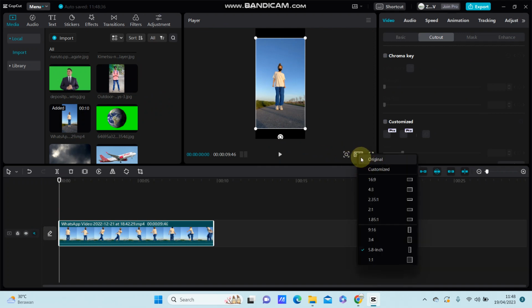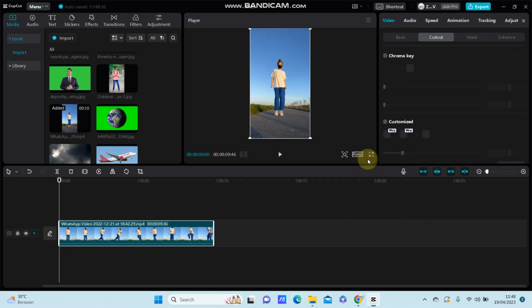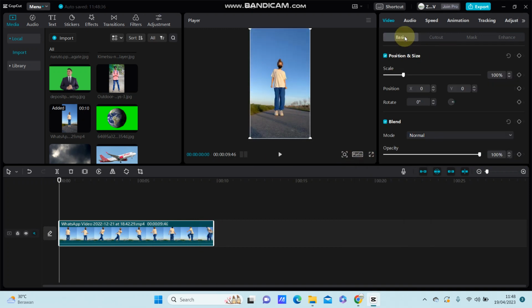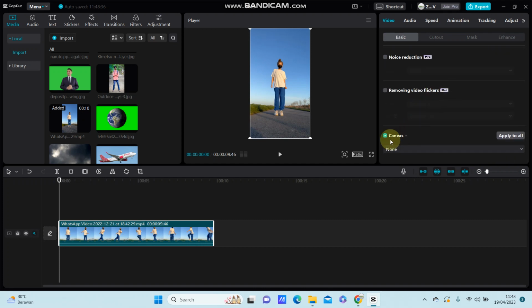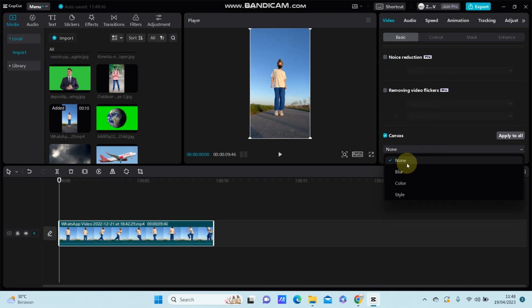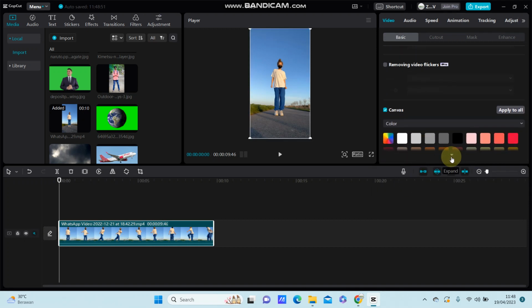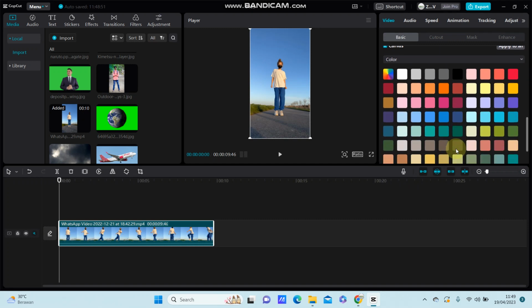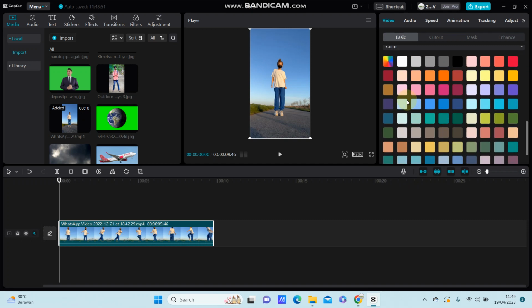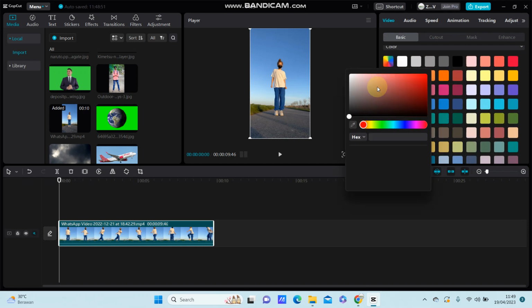and before, I'm going to select the original aspect ratio and click on the clip. You can select basic and scroll down until you find the canvas option. So just click on it and you can select blur, color or style. For example, I'm going to select color and you're just going to select this one color you like, or you can adjust for the color,